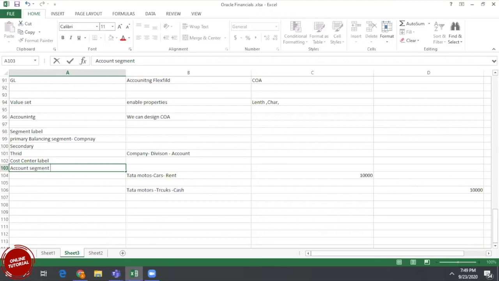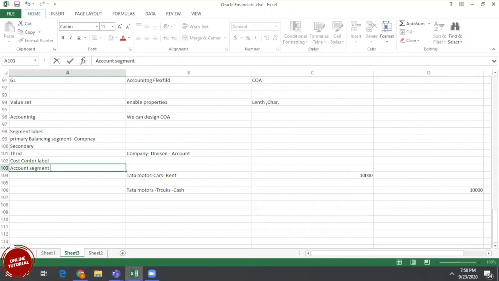For each and every element which you define under account, we need to specify what type of account it is. For example, cash is an asset account, salaries is an expense account. Why does the system ask this when we define the values per account, and why does it not ask at the time of company? The reason is that we assign the account segment label. When we assign the account segment label and define the values under the account, each and every account will ask us the account type. Based on the account type, it will display in either the balance sheet or the P&L account.